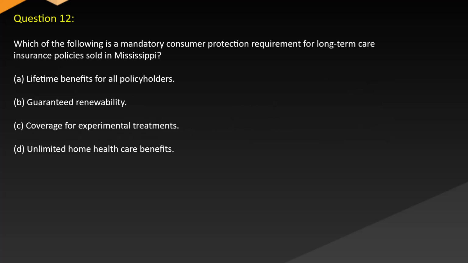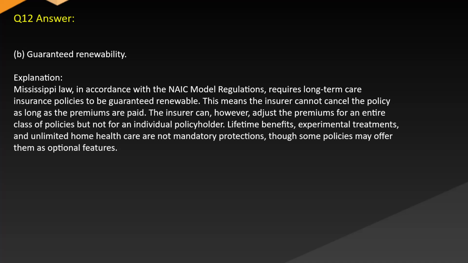Question 12. Which of the following is a mandatory consumer protection requirement for long-term care insurance policies sold in Mississippi? A. Lifetime benefits for all policyholders. B. Guaranteed renewability. C. Coverage for experimental treatments. D. Unlimited home health care benefits. Answer B. Guaranteed renewability. Explanation: Mississippi law, in accordance with the NAIC model regulations, requires long-term care insurance policies to